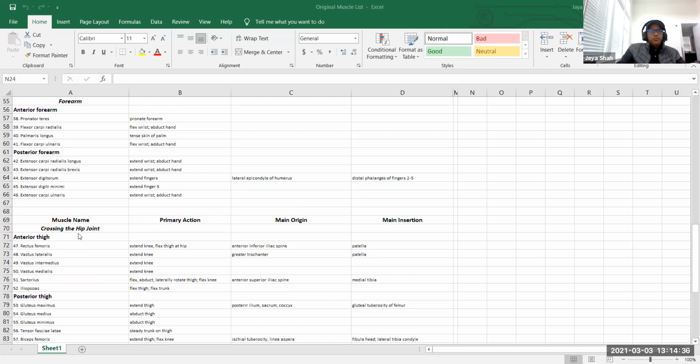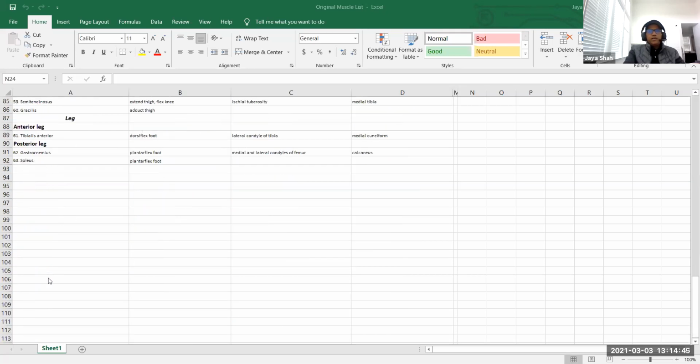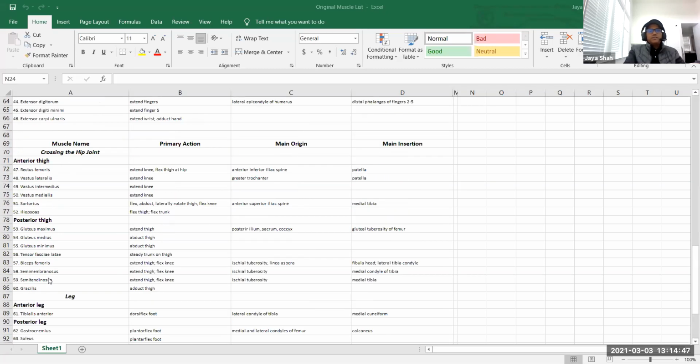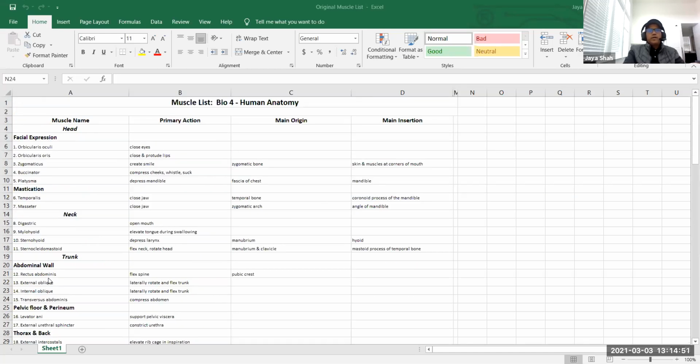Muscle name crossing the hip joint. Now lower limb muscles: anterior thigh, posterior thigh, leg, anterior leg, posterior leg. So these are the muscles you need to know. I have gone over these muscles, their location, origin, and action in the